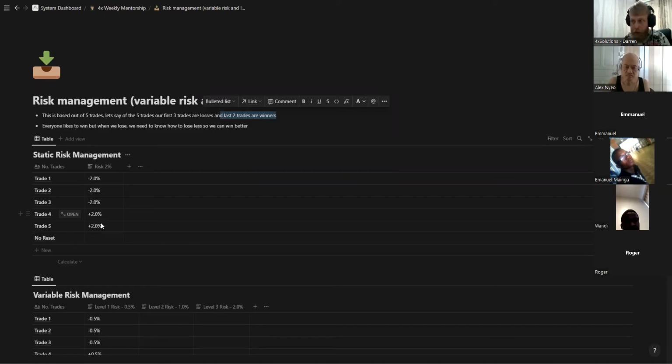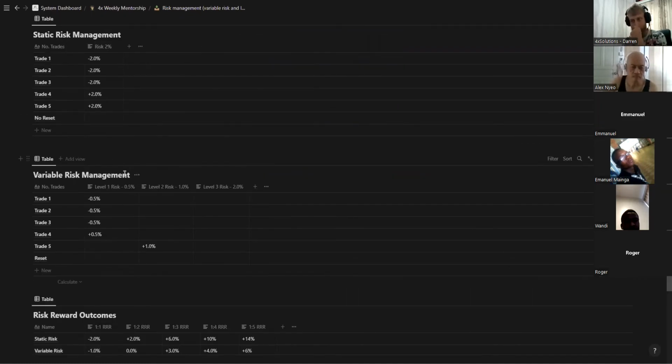And then trade 4 and trade 5, we've made 2%, okay, but we still didn't make it back, so it'd still be a net negative of -2% over here. And this is only 5 trades. Now imagine 5 trades, then 10 trades, 15, 20 trades we're taking. We don't know which of those 20 trades we're going to win or lose. We don't know that. So the purpose of variable risk scenario management is to assume that we want to